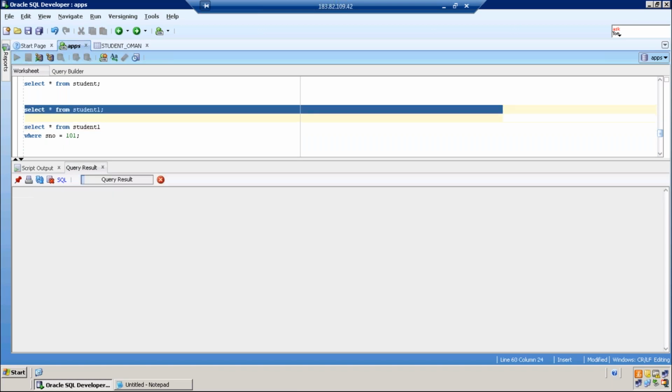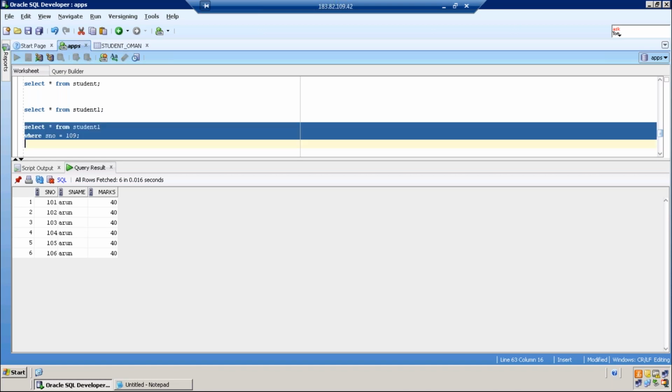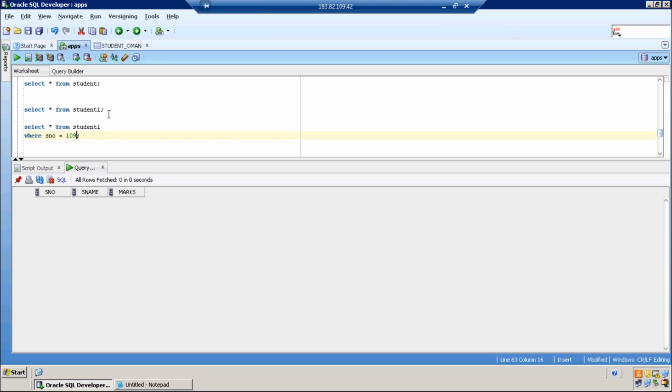Okay. Where S number equal to 109. How many rows, Jamal? 109. Nothing will appear. No rows.